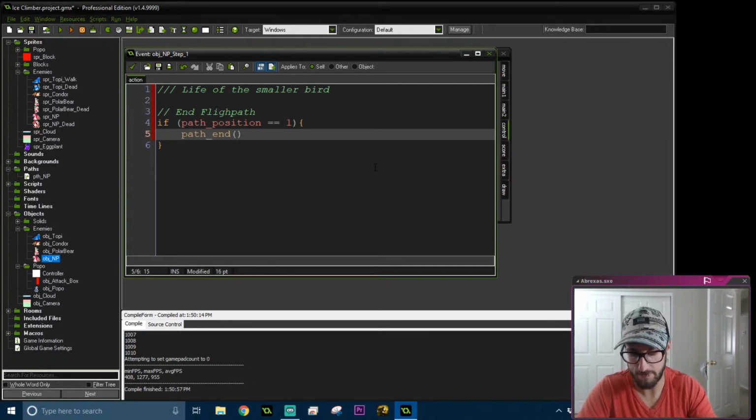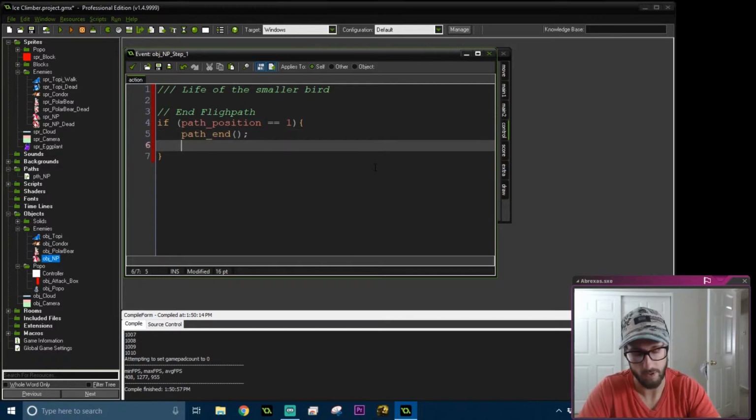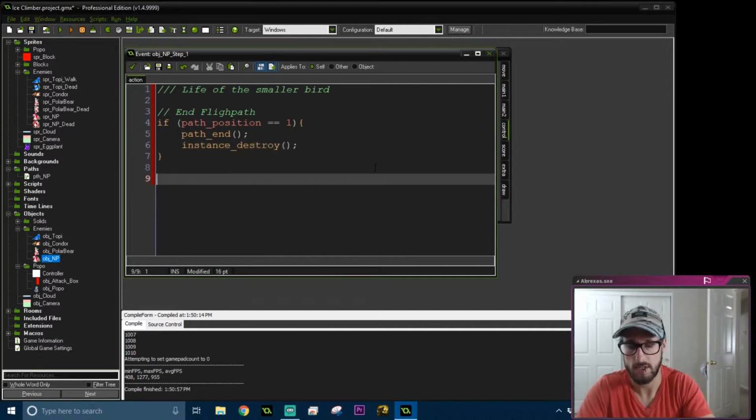I don't know if deleting the object would end the path already, but I don't want to take that chance at having that extra data in there, so we're just going to end it. And then we're just going to get rid of the bird. He's only going to do a single flight, and then we're done with that boy. We're going to say